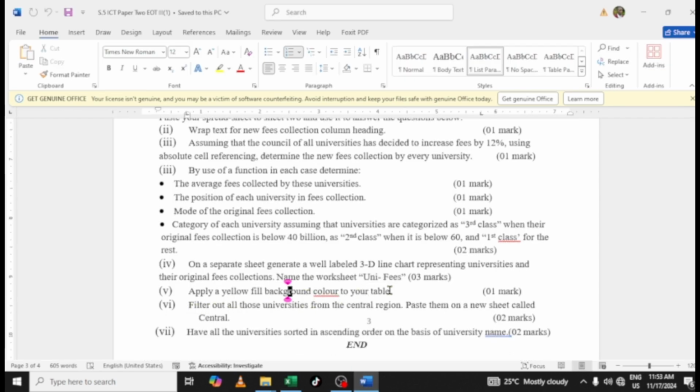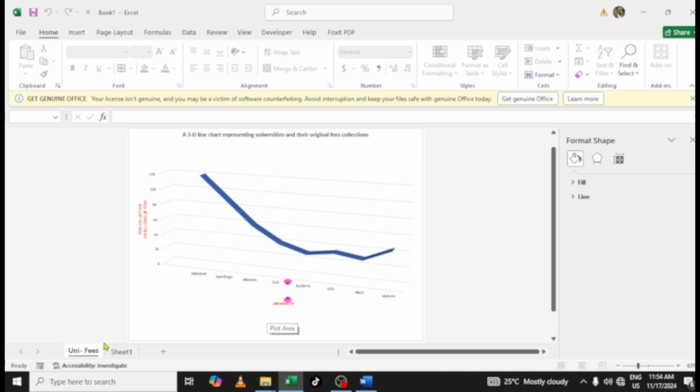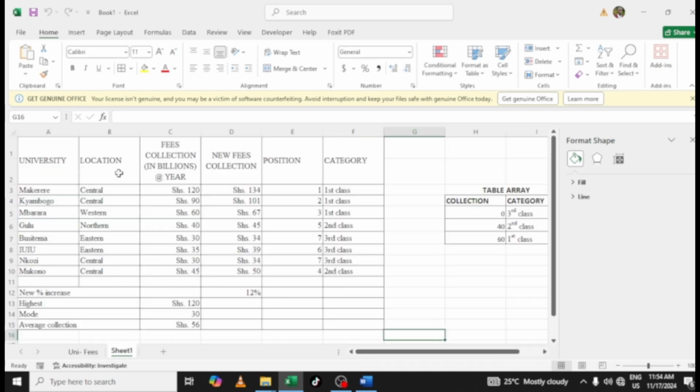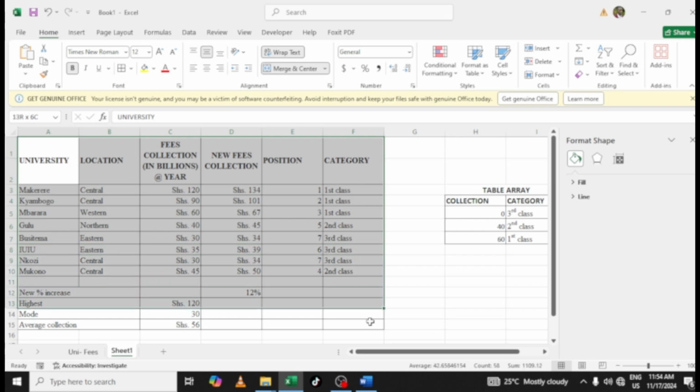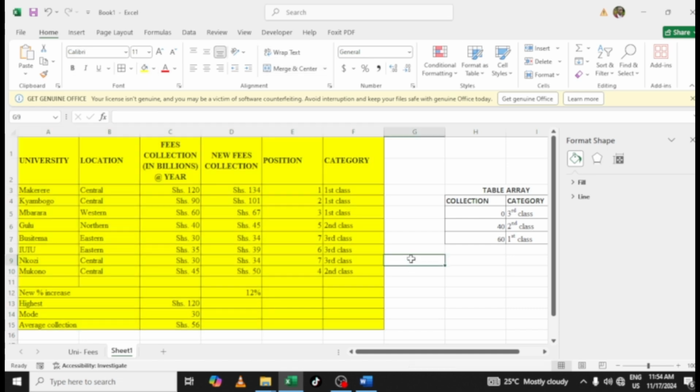Let me go to my question again. Apply a yellow fill background color to your table. Filter out those universities from the central region. Now let me go back here and I apply a yellow background color. I'll actually do some formatting here. I'll make the headings bold, and then afterwards I'll select everything that I have here and make it